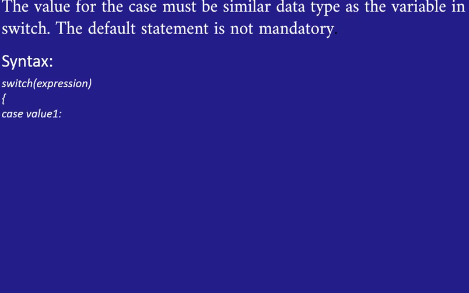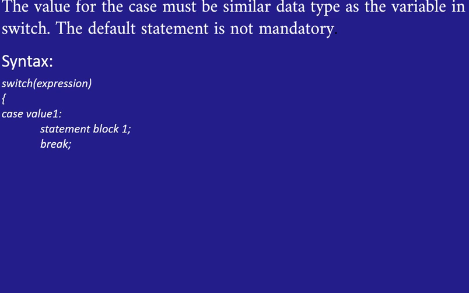After the curly bracket, there should be the first case value, case value 1, and then the statement block. The statement block 1 will start. Here you can mention any statement. Suppose you want to use the alert function, you can use alert in brackets. You can write the name of the day, for example Monday, and then you can give the break. So this is how the break statement will work.